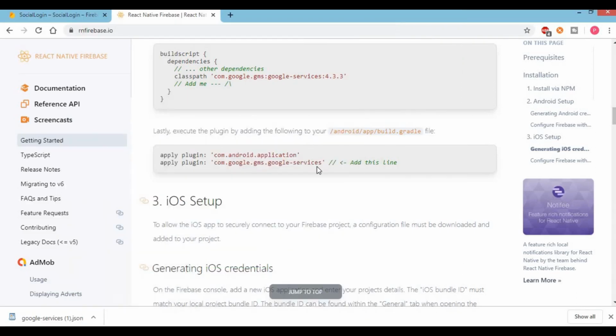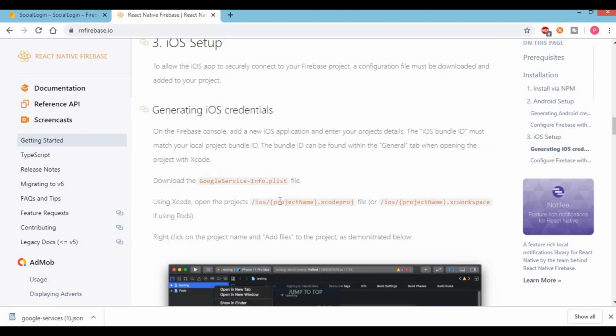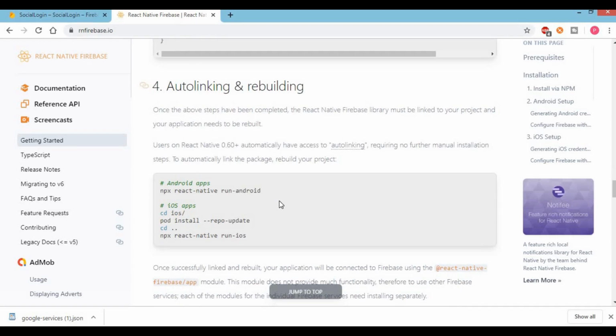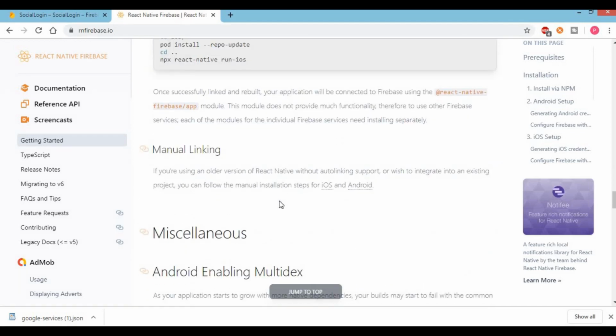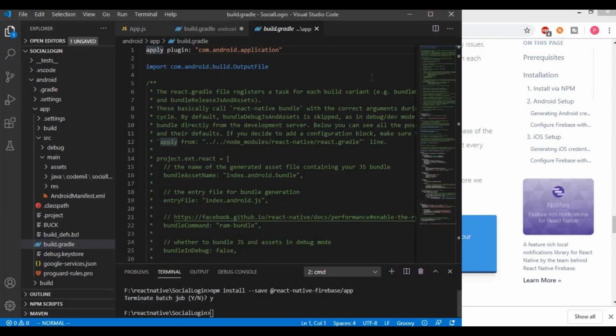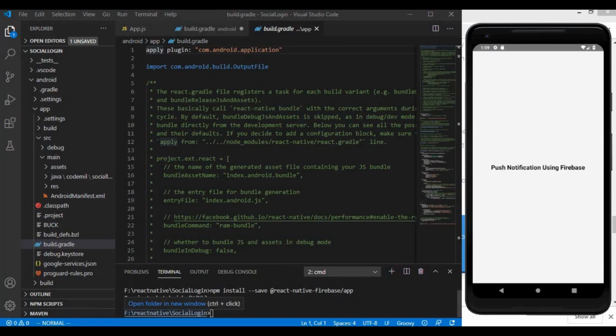Yes, it is present. The second plugin is the Google Services plugin. So for now I will skip that plugin, but we will be implementing this in our app in a later part. So by this, the setup of our Firebase is completed.